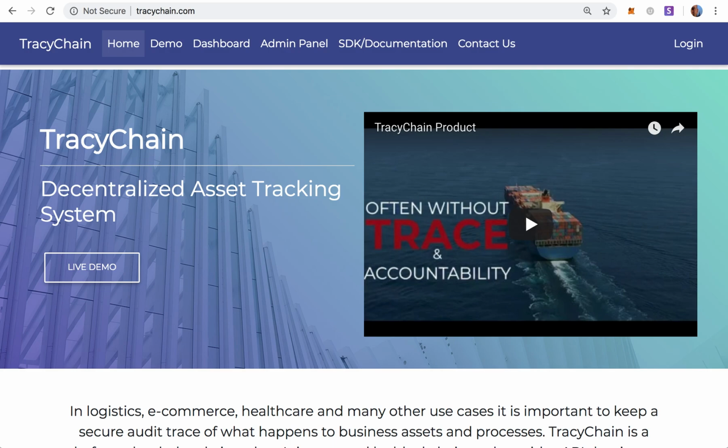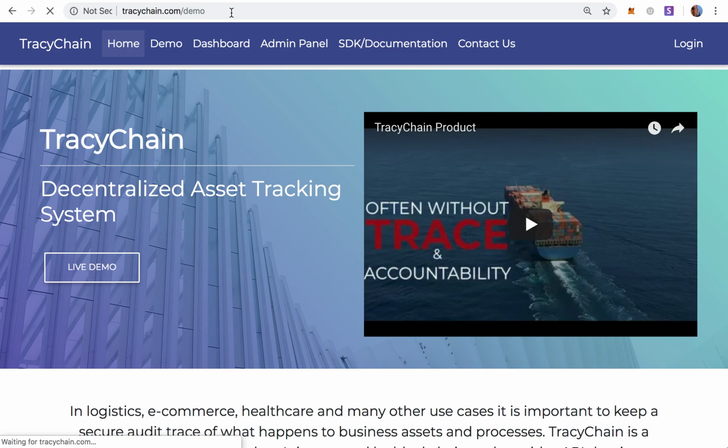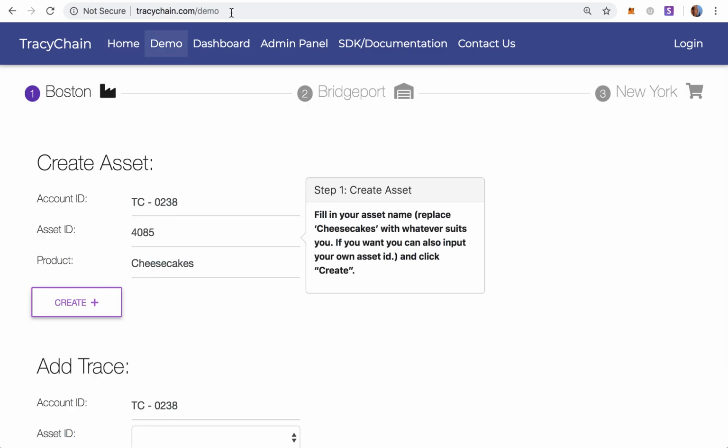So let's demonstrate how TracyChain system works. TracyChain is a decentralized asset tracking system. If you go to tracychain.com/demo, you will open the live demo interface. It's a simple example showing how easy it is using decentralized technology to track and create a distributed ledger